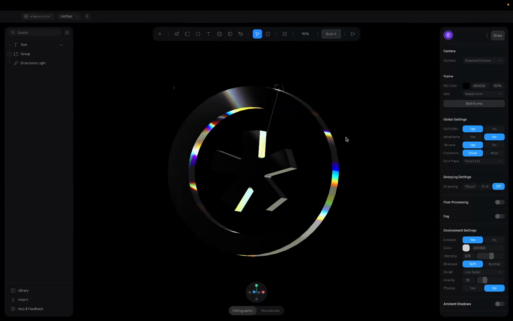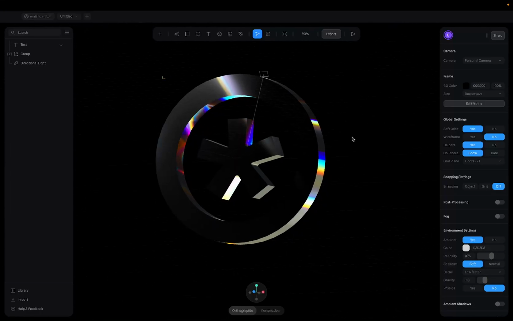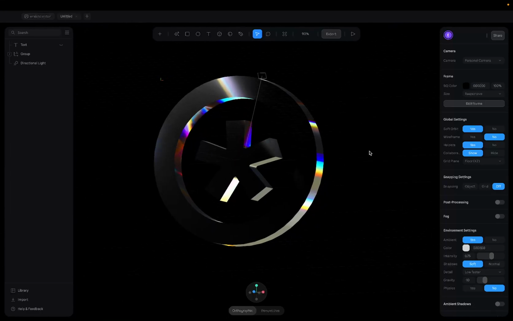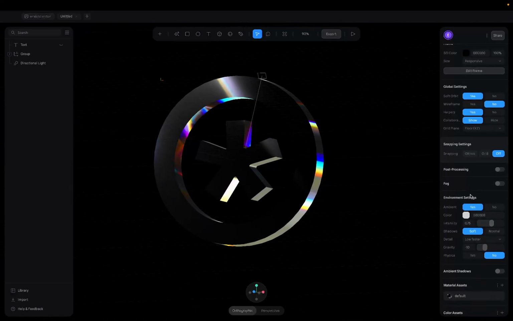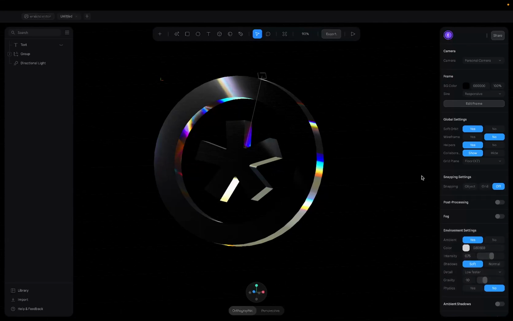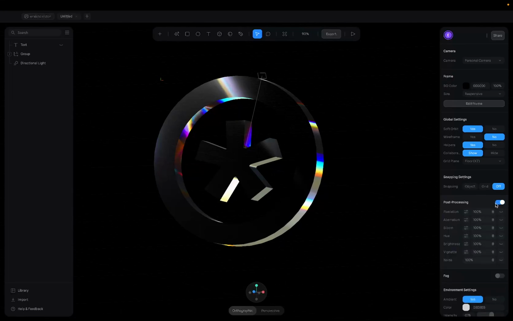And another thing I did was that after I had done this one, I was just playing around with switches and stuff, and I found this really cool stuff you can do with, what's it called, post processing. So once you click on this empty space, you still have these options on Spline to change your 3D scene. There's this particular one that's written post processing here. So you can click on this. By default, it's turned off. It's always turned off. So you can turn it on,